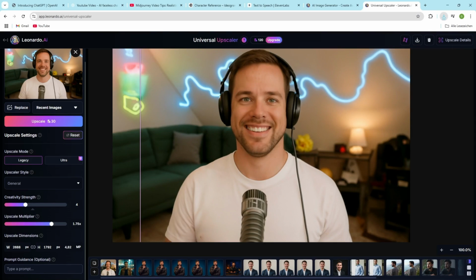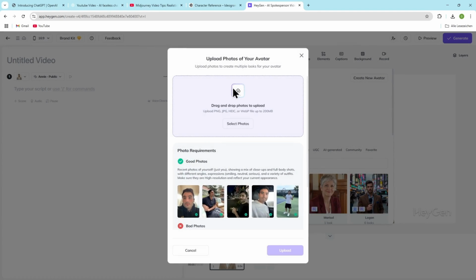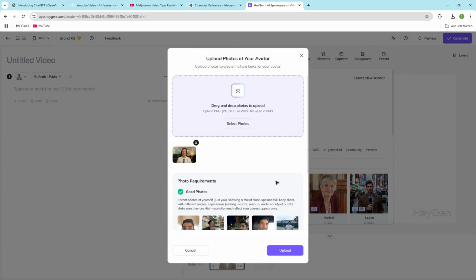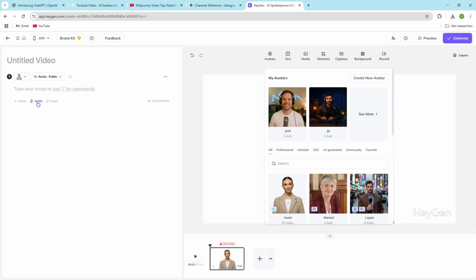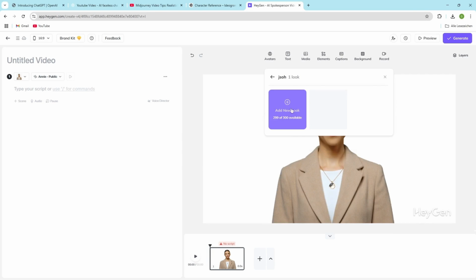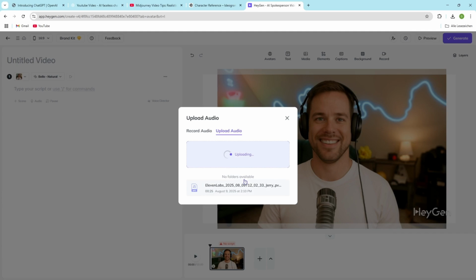The next part is to create our talking AI avatar. This is HeyGen. HeyGen is the best talking AI avatar platform out there right now. You probably wonder, there are a lot out there, but this is the free version of HeyGen. You can pay for it and it will create videos in a better quality. But for this, I will show it to you for free. Just put in your AI avatar here and click on upload. Then you can just put in your audio here where it says audio and put in the voiceover that I created a few seconds ago. With this, that's it.